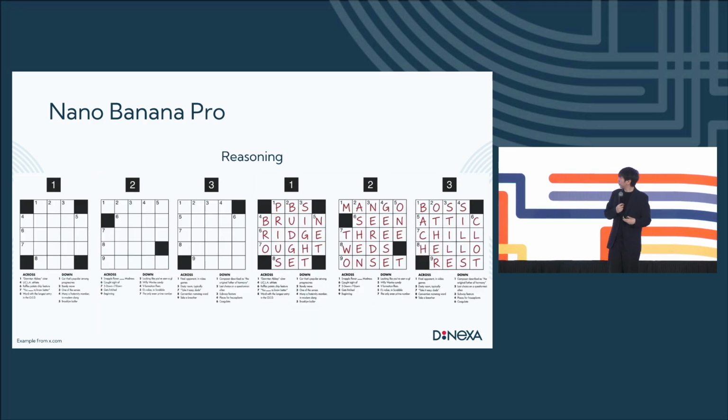And then let's go to something more sophisticated, which is reasoning. So many people think that an image generation model just gets better by drawing pictures better. But is it really the case? For example, I want to solve a word puzzle like this. In the past, we would just go through each hint one by one. And then after you get some candidates, you check whether each candidate is compatible, and then you take